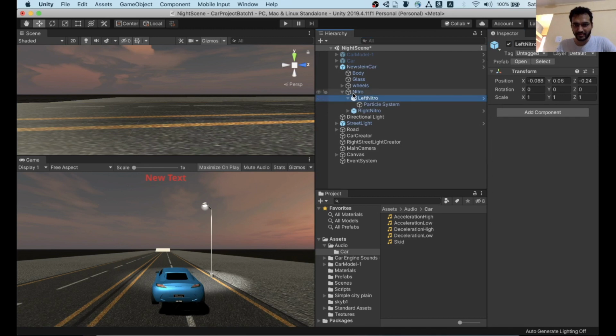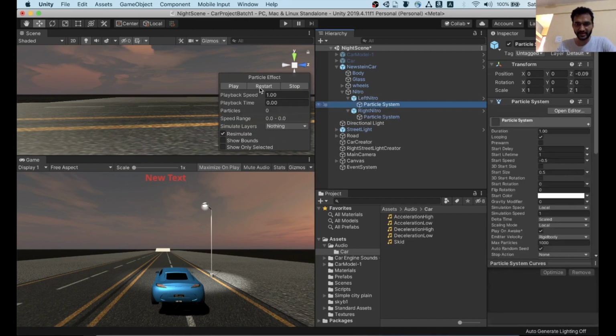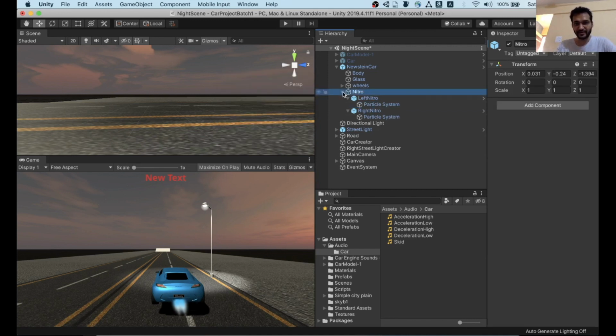And left nitro, right nitro, and inside this there is a concept called particle system, a concept in Unity, and you can see that this particle system plays the nitro effect. So using this particle system, I have made the nitro effect, but the car is moving fast when you press the nitro. So for that, I have added